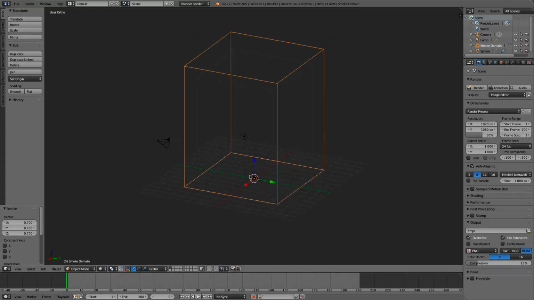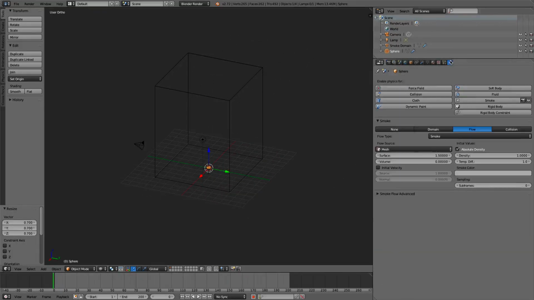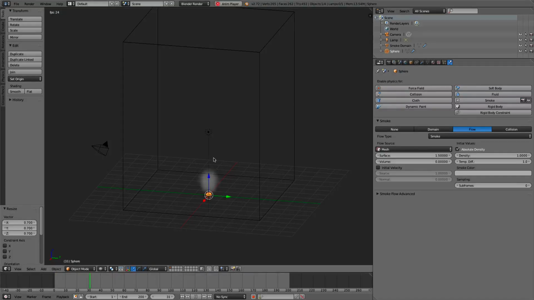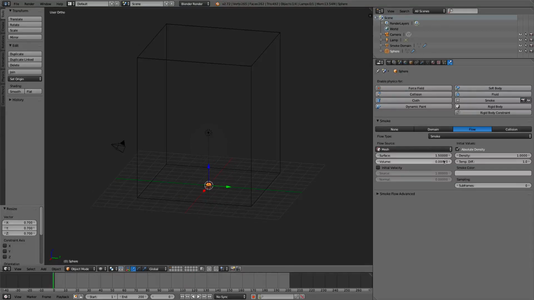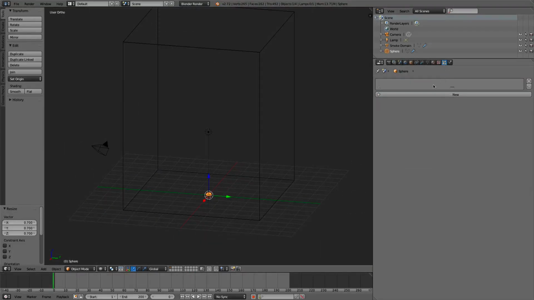There we go. So instead of just using the mesh, which you can, if you want your smoke to be just generated from the mesh, you can do that, but there's not a lot going on. It's sort of just a straight seam of smoke, as you can see. It's pretty bland, pretty boring. Nothing too interesting about this. So what we're going to use is a particle system. We're going to have to make one.